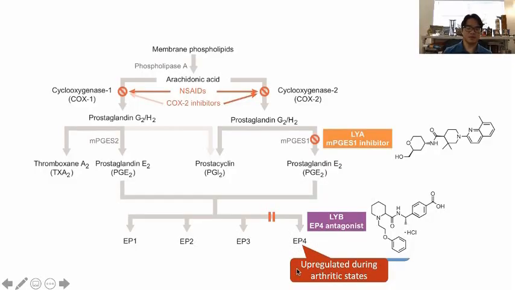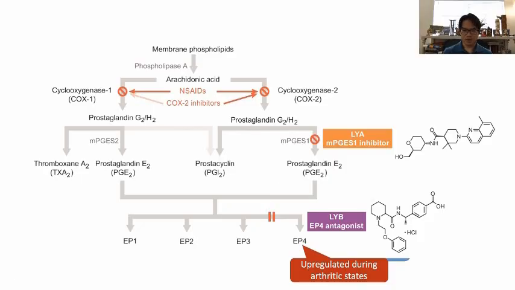EP4 has been found to be upregulated during arthritic states. So if the patient has arthritic pain, you're expecting a lot of overexpression of EP4 receptors. And Galliprant is the one that targets these receptors, which helps reduce inflammation and pain, because it does not block COX-2 entirely, and that's why it bears fewer of the adverse effects of COX-2, such